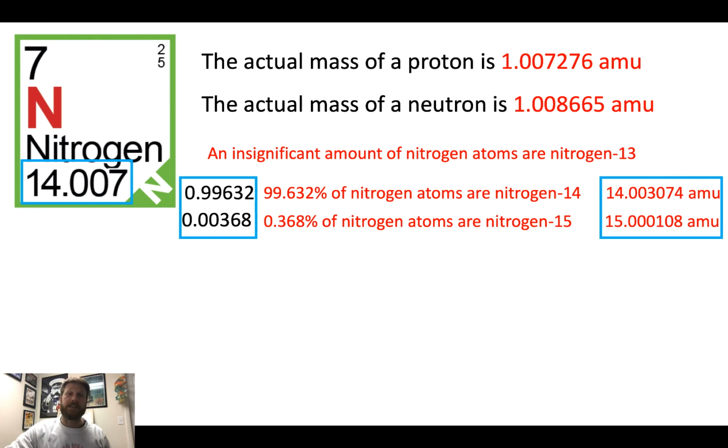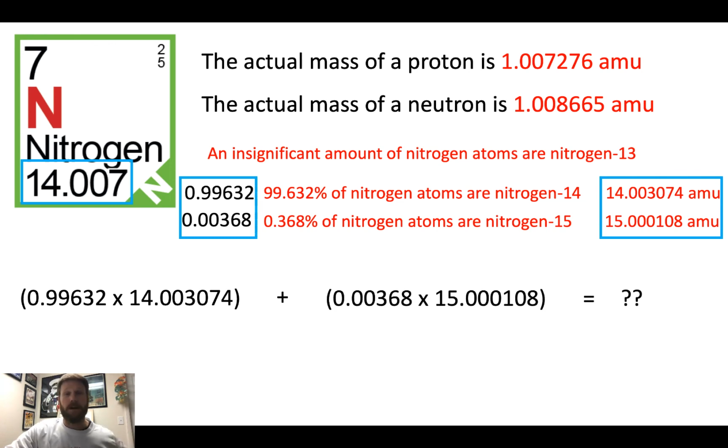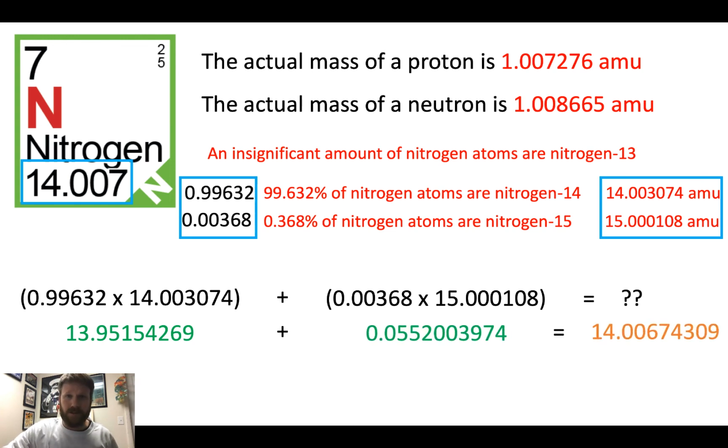that's in the periodic table. So I'm going to take my abundance for nitrogen-14 and multiply by the mass of nitrogen-14. I'm going to take the abundance of nitrogen-15 multiplied by the mass of nitrogen-15. When I add those together, I should get what's in the periodic table. My first product is this. I'm not going to read that. That's a lot of numbers, but I'm not going to round to the very end. For my nitrogen-15 product, I get that small number. When I add those two up, I get